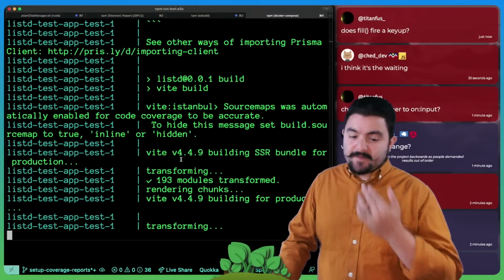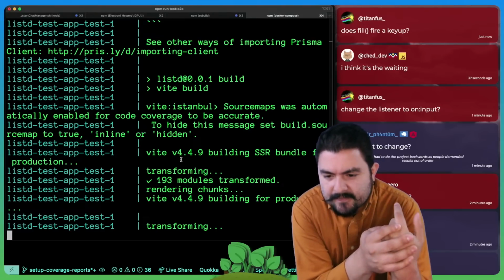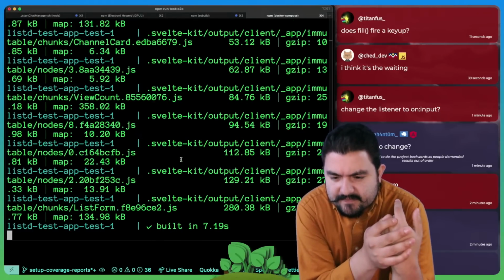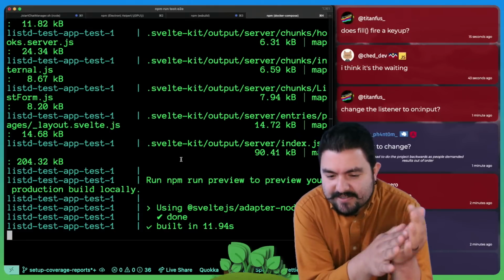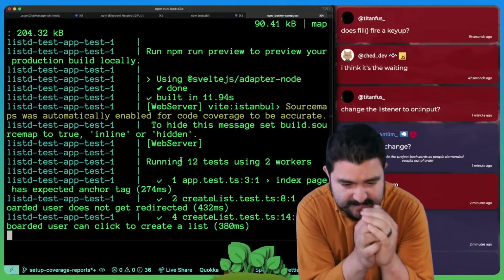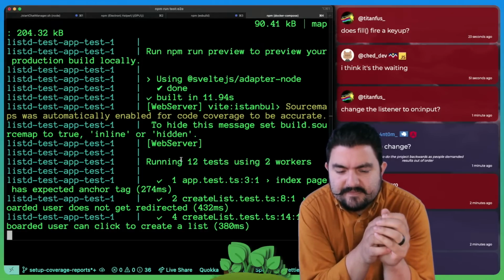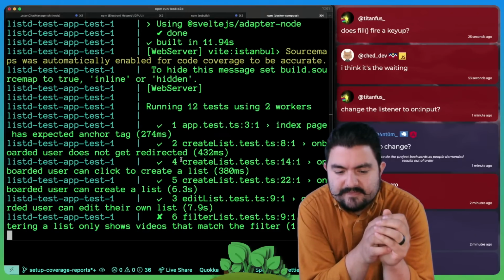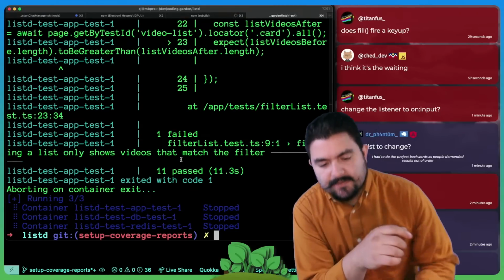Does fill fire key up? I don't know. That's what we'll look into next. I think it's the waiting too. It's got to be, right? It's not. Well,